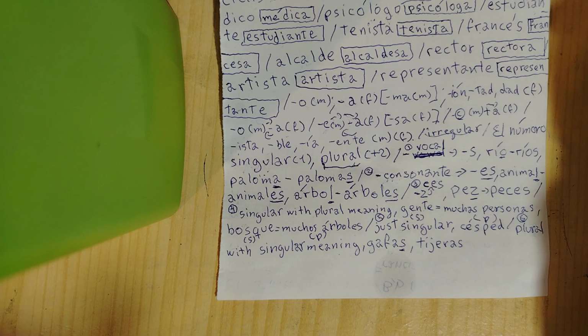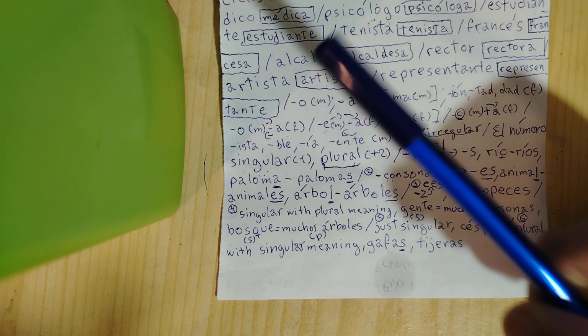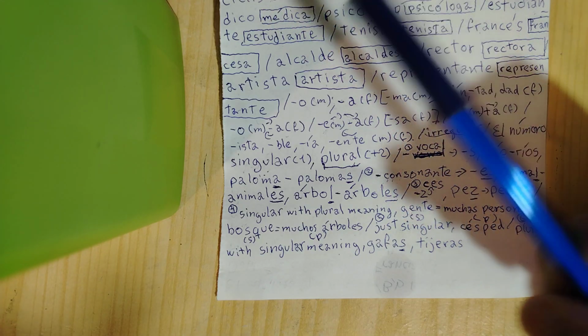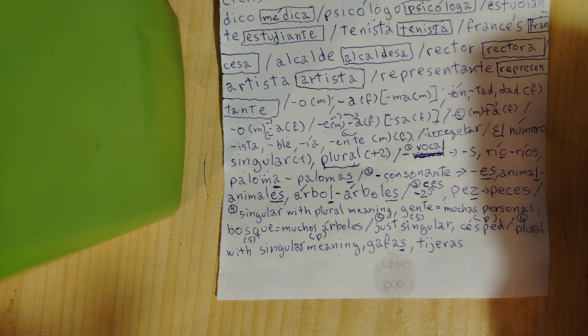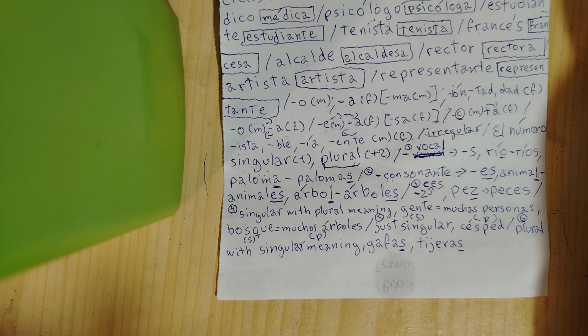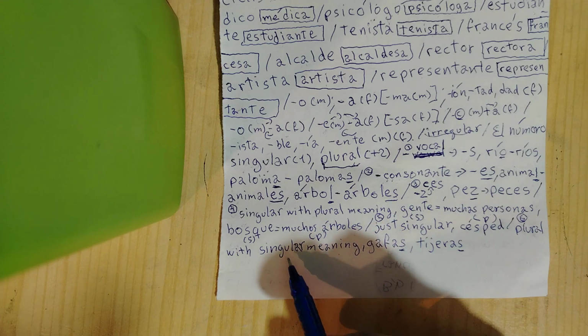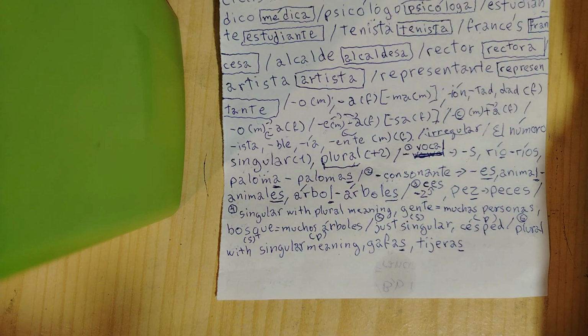So we are talking just one. Scissors is just one. We are not talking about more than one unit. We're talking about one scissor. So it ends with an S, so it looks like a plural noun, but the meaning is singular. So yeah,